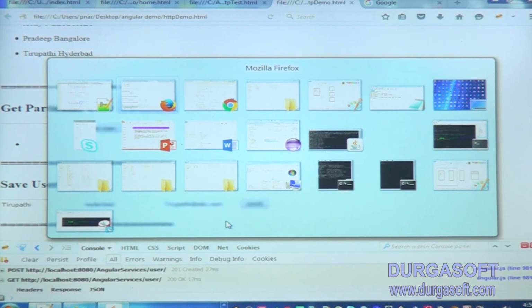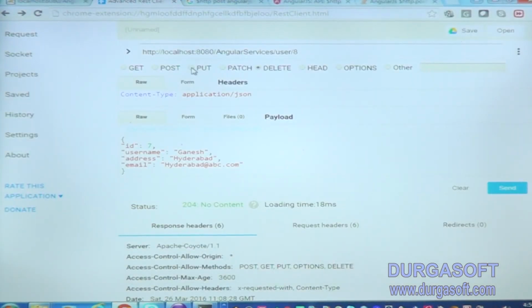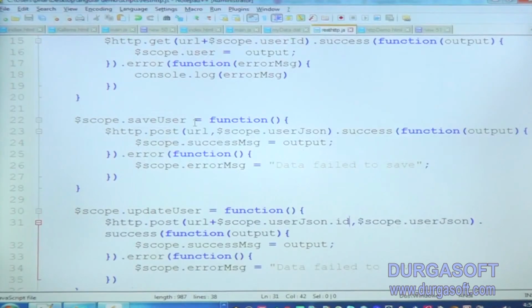See here for update, we are using the put method. We define the id number, and for that id, the data we are passing updates that particular id. Whatever id I pass will be appended to the URL, and whatever data I pass is going to be updated. So for this I have to use the put method, and using this put method I will update the data.